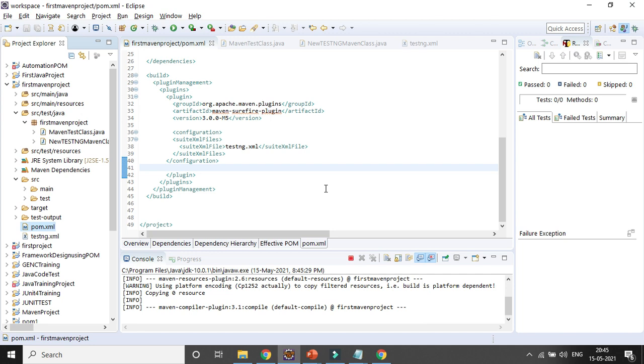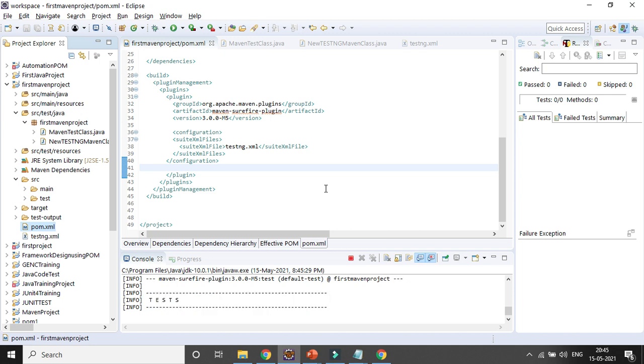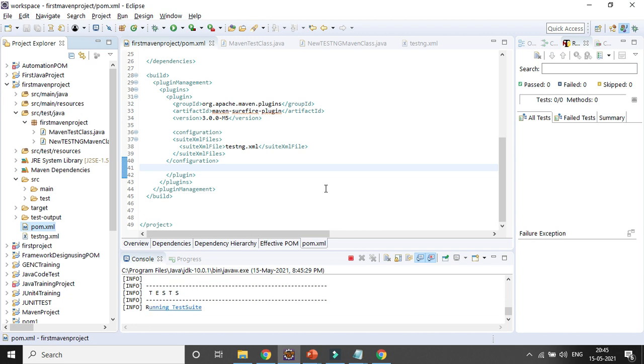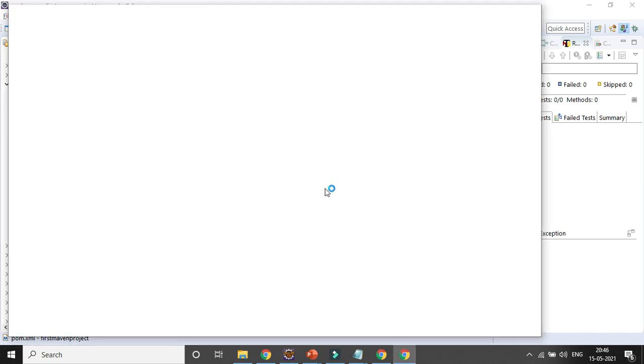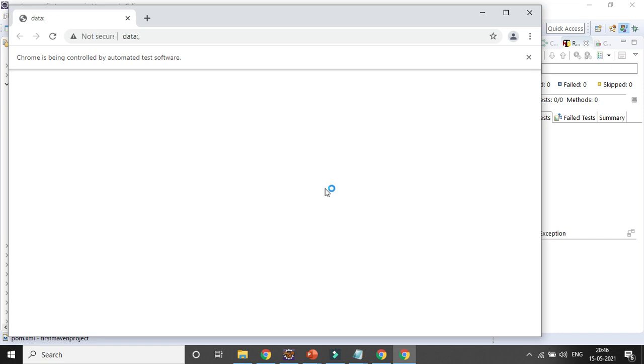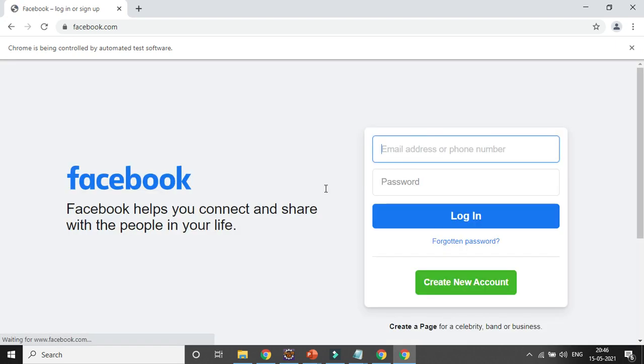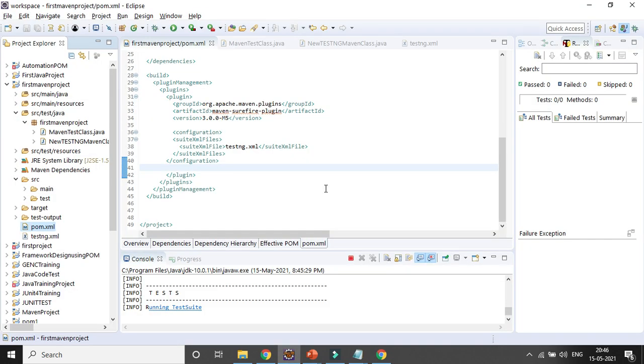So it is creating snapshot, it is compiling. It is checking the Maven compiler plugin already added. You can see the starting test, it is running test suite. So in case we have multiple test cases in the testng XML file, it will also run them. You can see now it is opening. You are able to visualize it. It is opening the Chrome browser, maximizing the browser, opening the Facebook page. Once the page is fully loaded, it will close the browser, and you can get the details here, right?